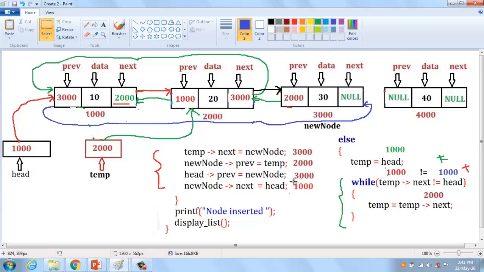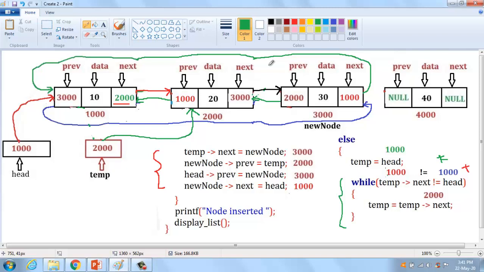Head pointer we also call 1000. Here 1000 means the link is terminated. Now we have created a link from this node to that node successfully.